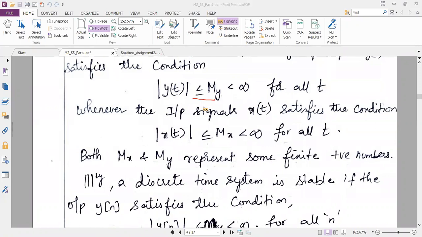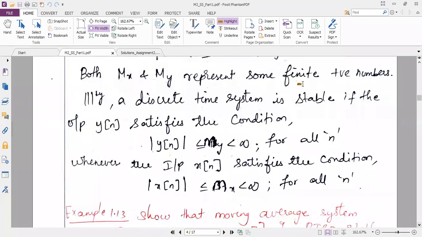See, in the first module, we discussed different types of signals and different types of operations, and then for all the operations and all the signals, we solved the problems. In the same way, initially we discuss all the properties of the system, then we will solve the problems for all the properties. Now I should write the condition for discrete time systems. Like with signals, for continuous time signals we have written the equation, and for discrete time signals we have written the equation. In the same way, for discrete time systems also, I should write the same two equations. So I can say the operator H is stable if y of n satisfies the condition: magnitude of y of n less than or equal to My less than infinity.